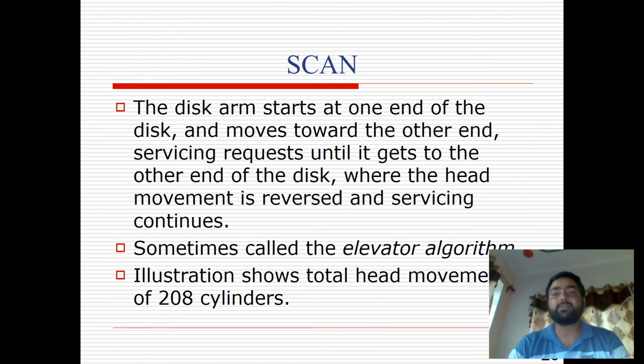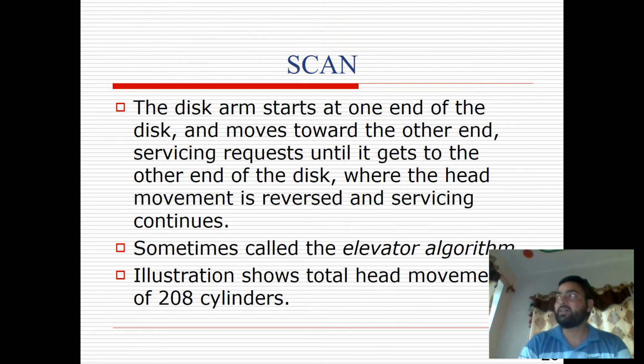In this, the disk arm starts at one end of the disk and moves towards the other end, servicing requests until it gets to the other end, where the head movement is reversed and servicing continues. That is why it is sometimes called the elevator algorithm.